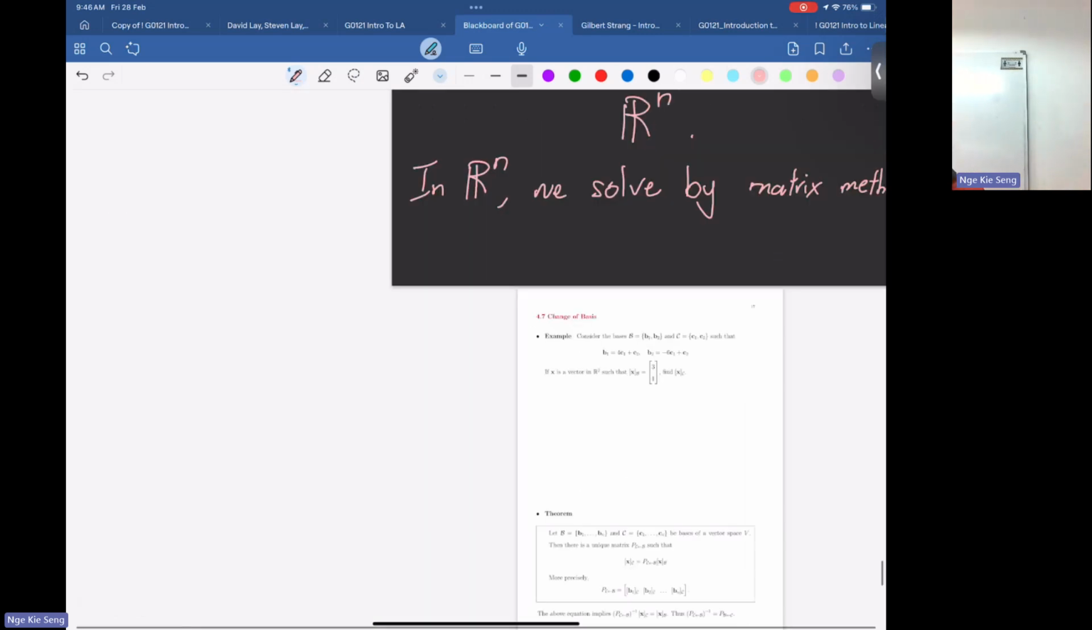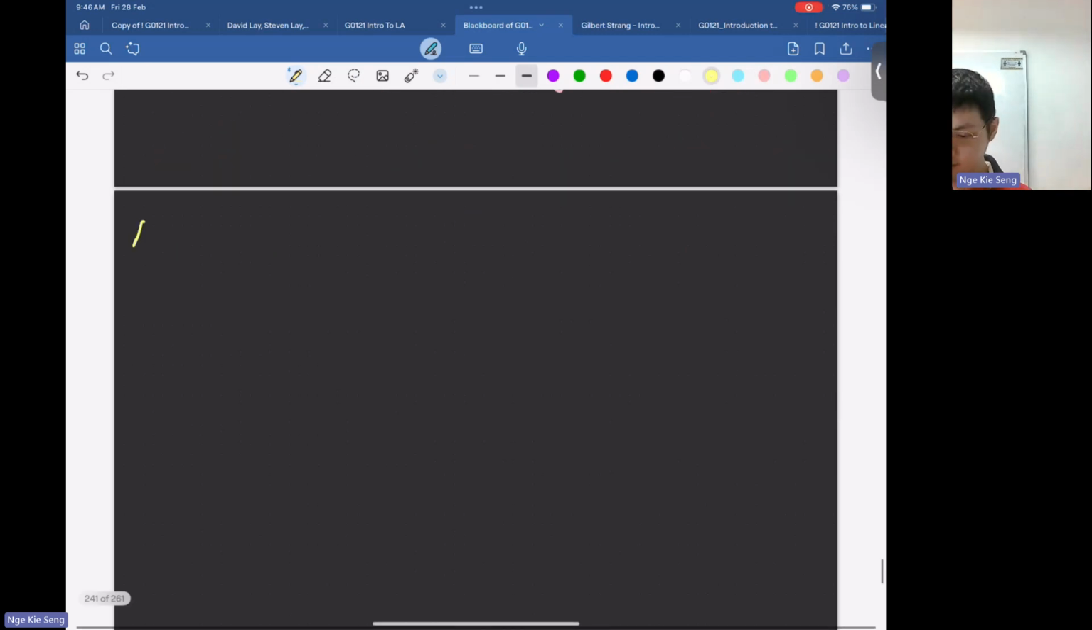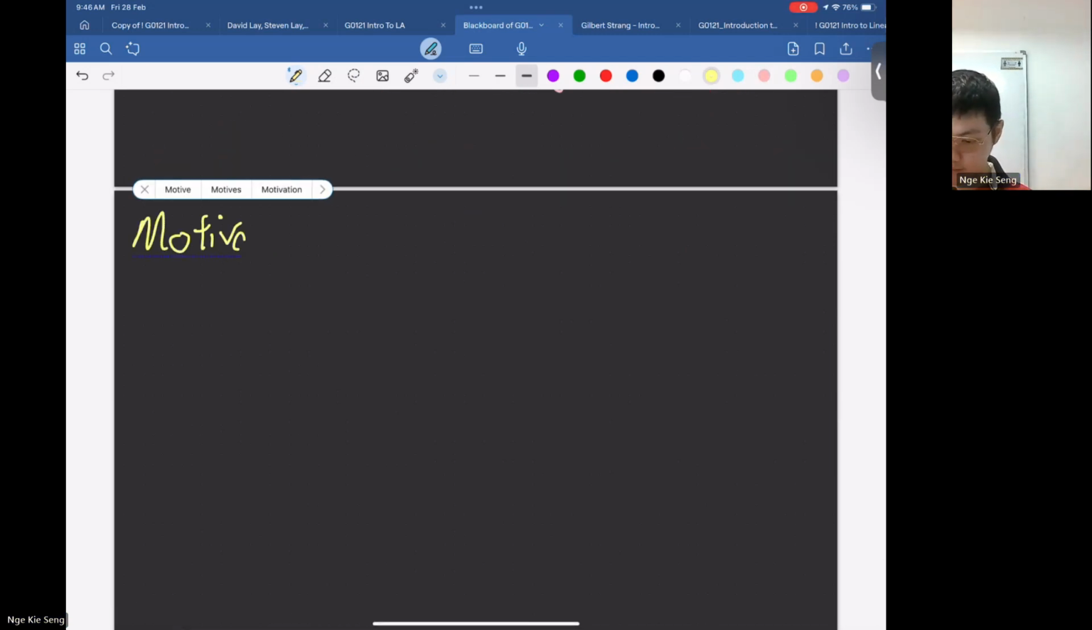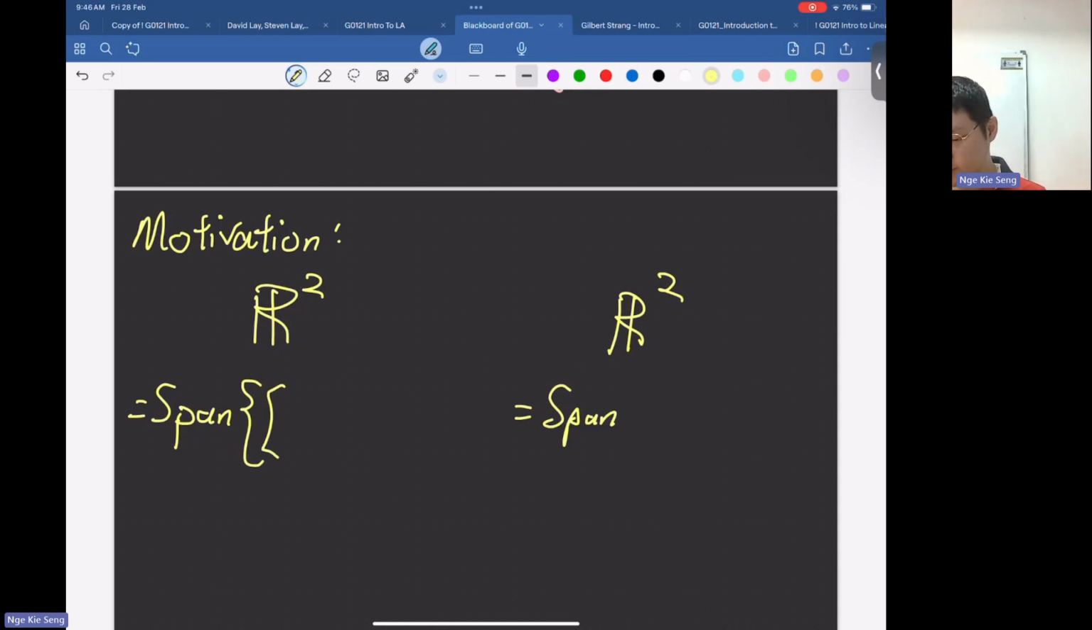So, change of basis. Okay. Before change of basis, let's motivate it a bit. The motivation is very simple. Again, take R2 here. Last time I showed you two different bases, right? Let's say the first of them is the standard basis, (1,0) and (0,1). And then second, we take a different basis, let's say